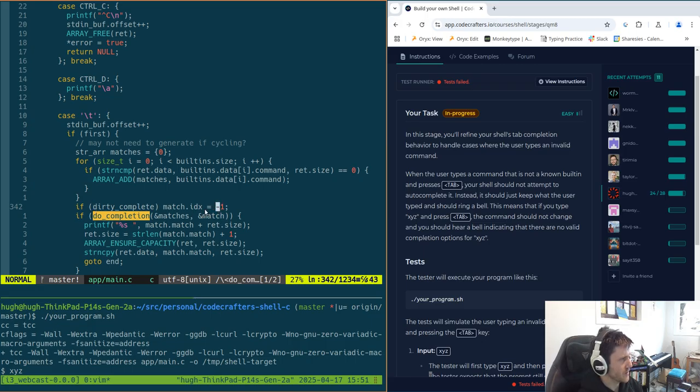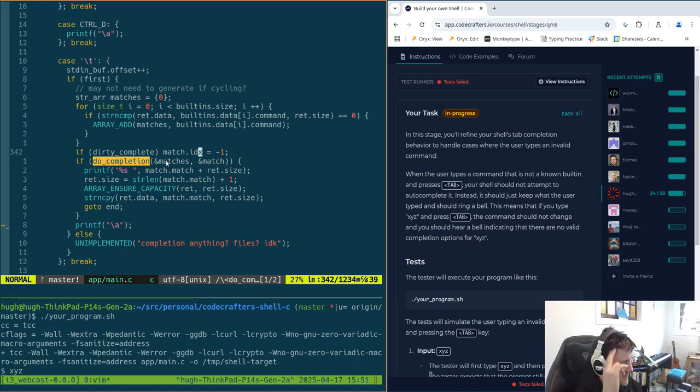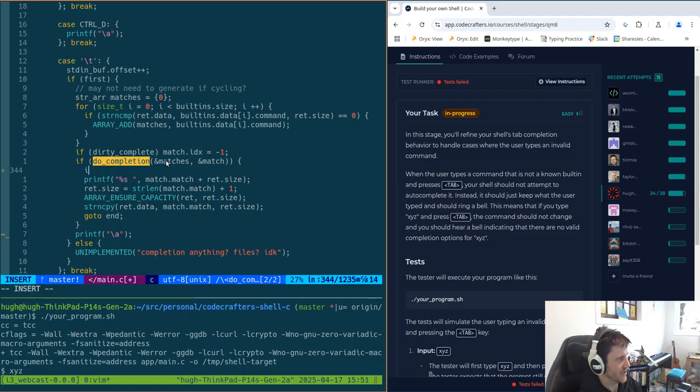Dirty complete just resets the match.index, which I think so far we don't really use. That's just forward thinking. But perhaps this should do a little check here. If match dot